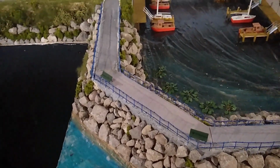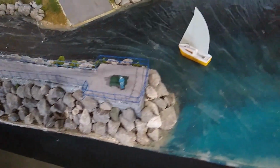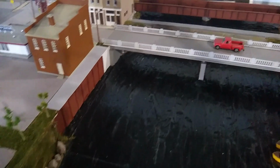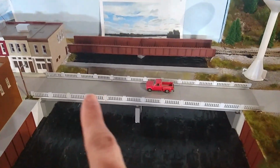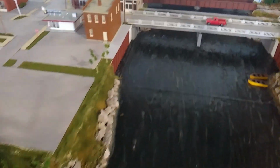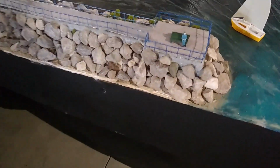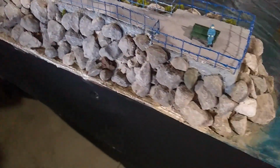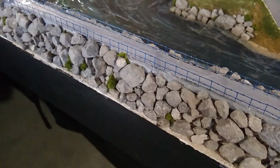I'm going to add a couple more sections of this in this particular area. One's going to be right here along the edge so that people don't fall off into the water, and another one will be across the dam back here. Okay. Got a person sitting on the bench. I'm going to add a couple more in there, but